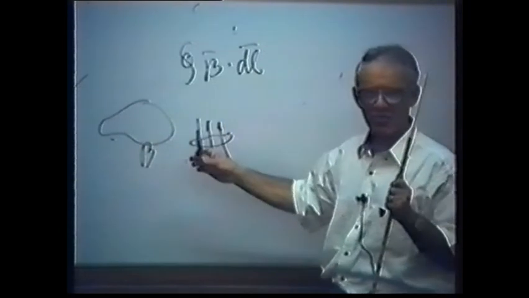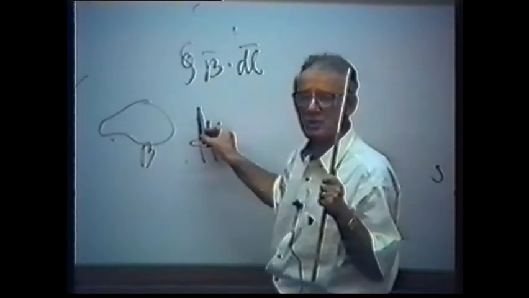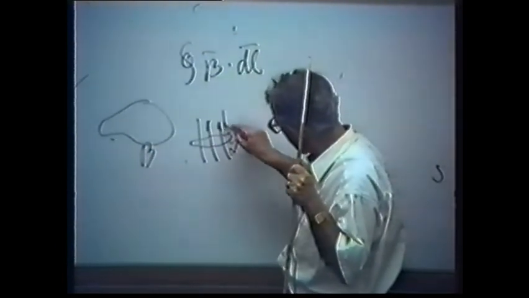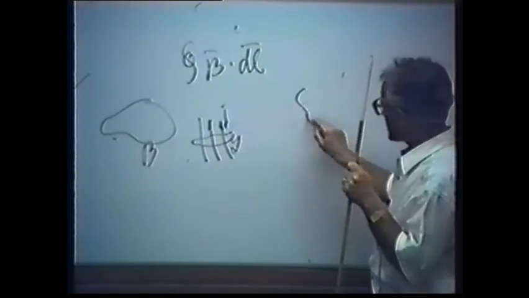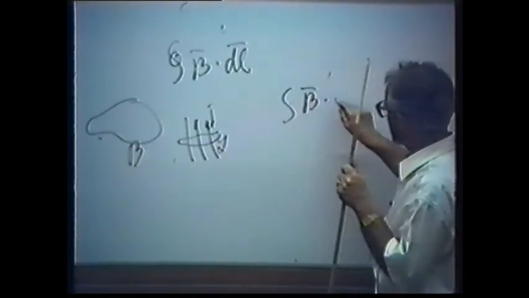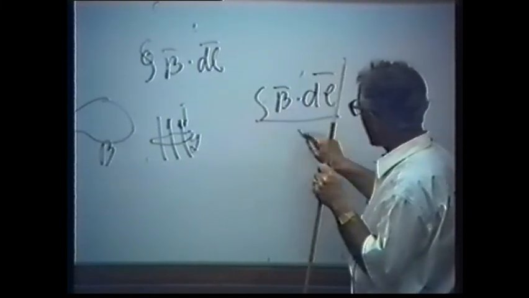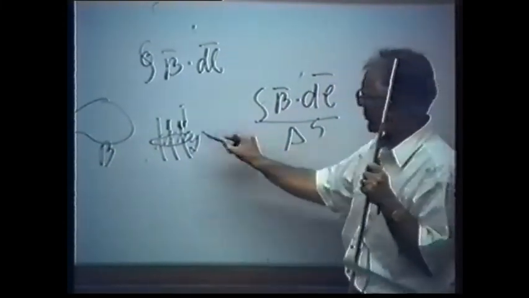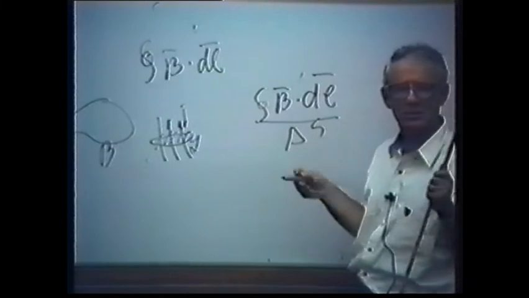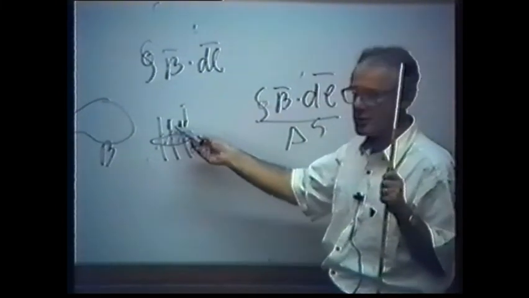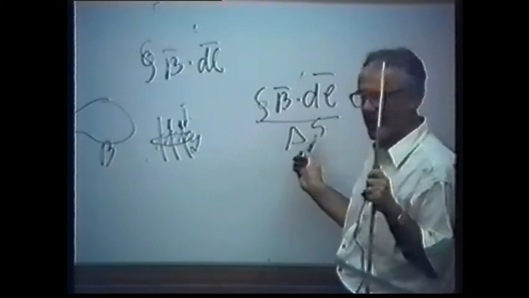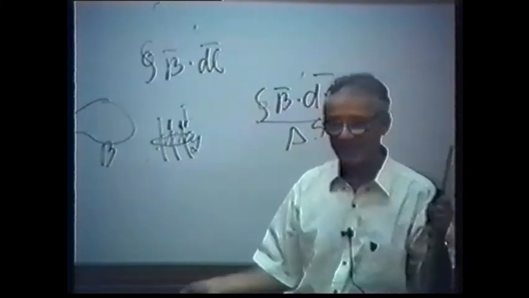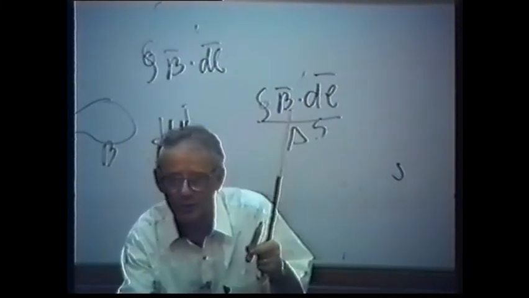Clear? Then the direction perpendicular to this current will be the direction of my vortexes, correct? That's my contour L, that's my current J. So they decided, for example for the magnetic field, to take this contour integral and divide by the surface. Without the surface, what does this integral show? The total current going through this contour. Now if I divide by the surface, what will I get? Current density. So, the density of the vortexes.